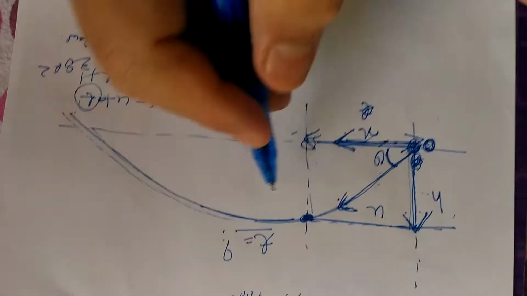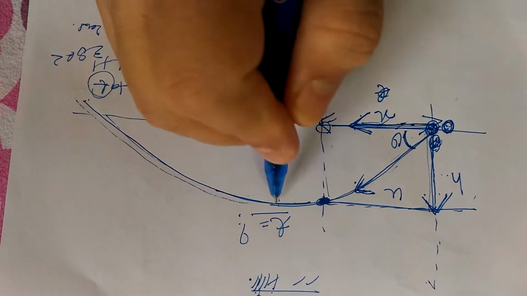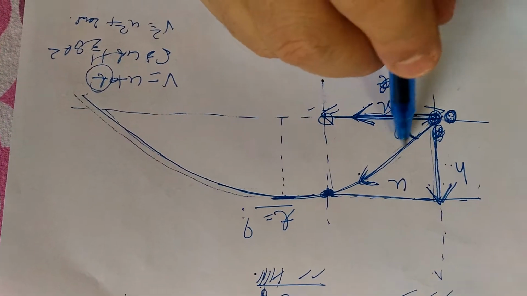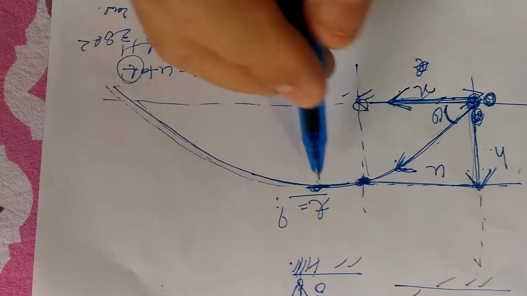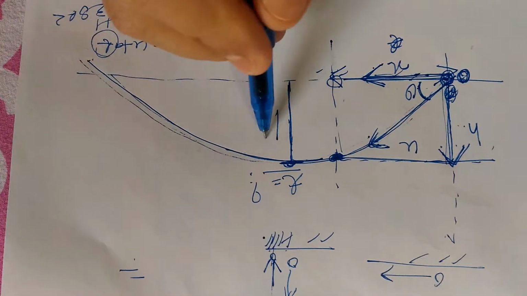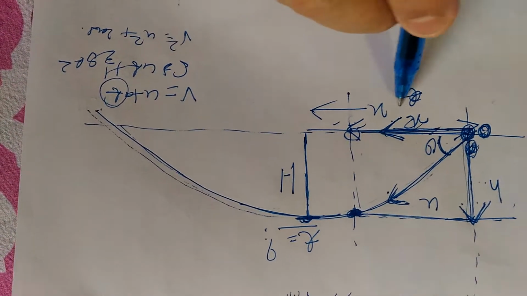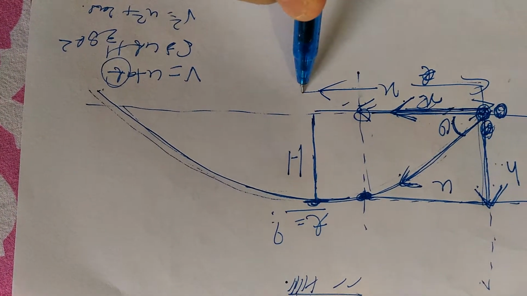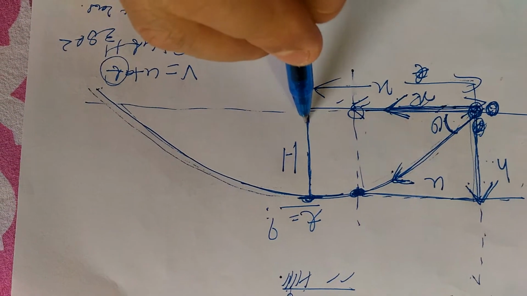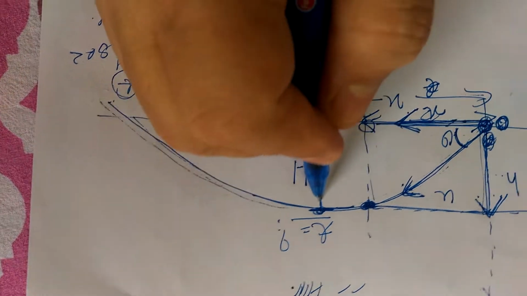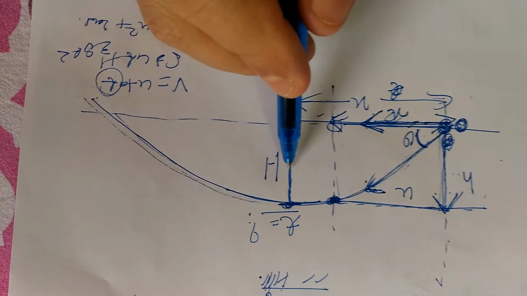So first say this is the highest point. This parabola, as already you have studied, this is the vertex of the parabola and this is the height h. So suppose this distance is x. So in time t it will travel distance x, and in the same time t this vertical stone will travel height h. So first we will write the motion for the vertical stone.